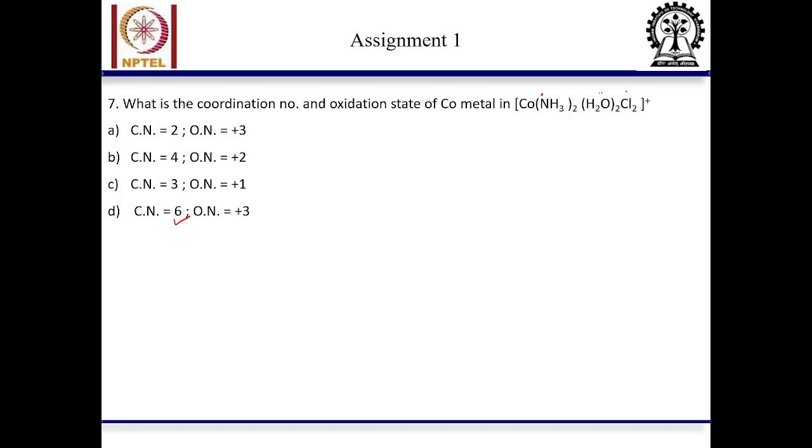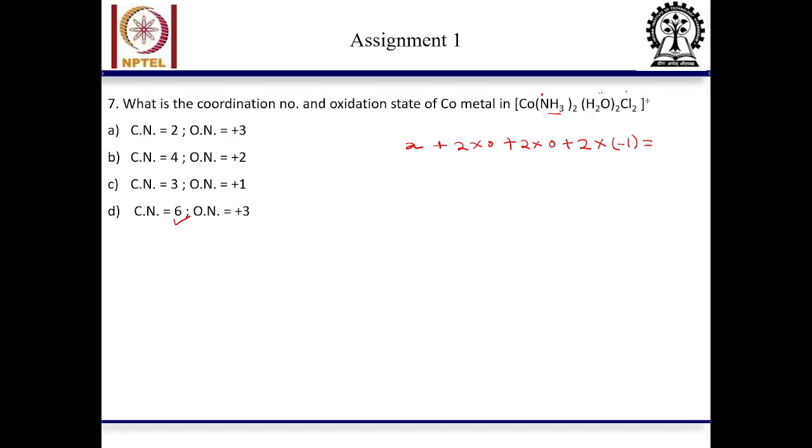And now let's calculate the oxidation state of cobalt. Suppose I consider the oxidation state of cobalt metal as X. Then NH3 is a neutral compound, so its oxidation state will be 0. 2 multiplied by 0, plus H2O, this is also a neutral compound with oxidation state 0, so 2 into 0, plus 2 Cl. Chlorine has 1 minus, so we have minus 1,